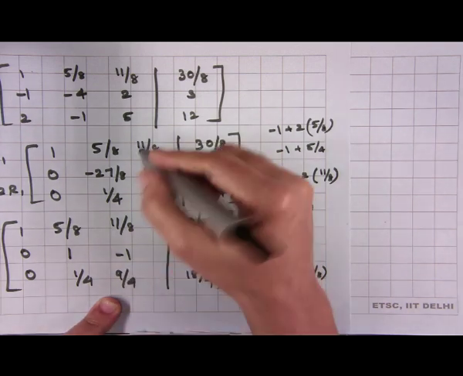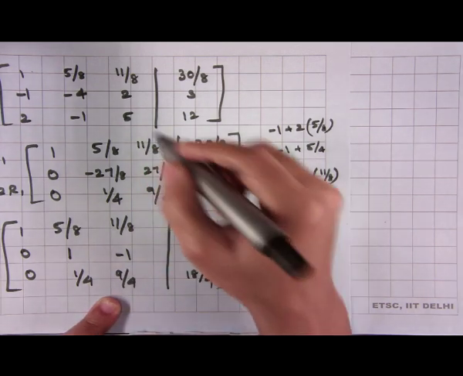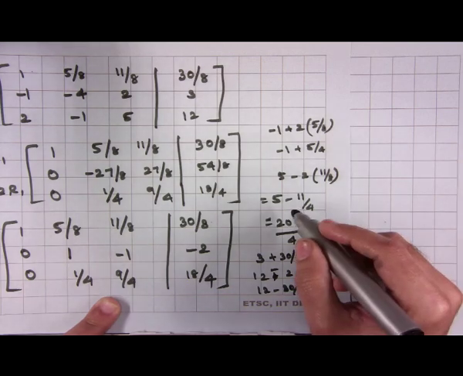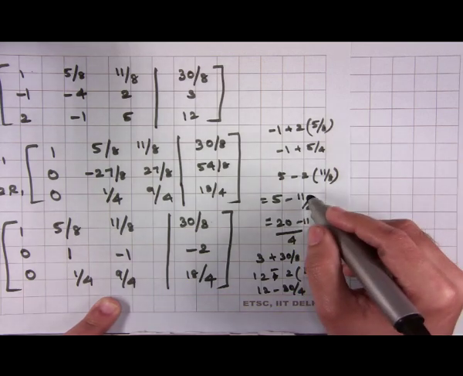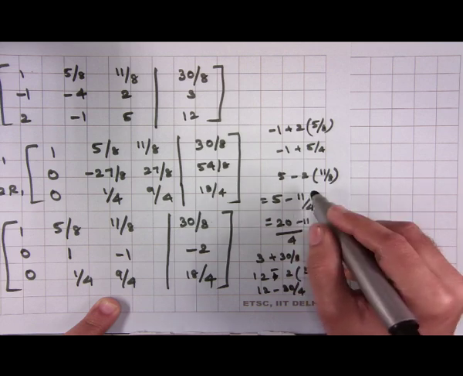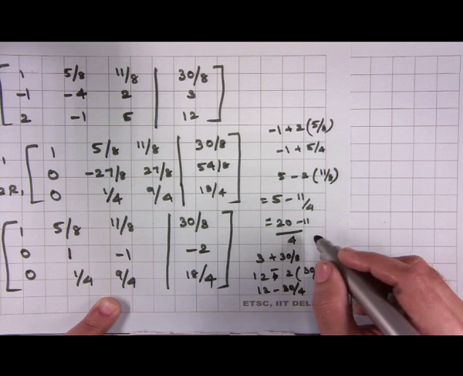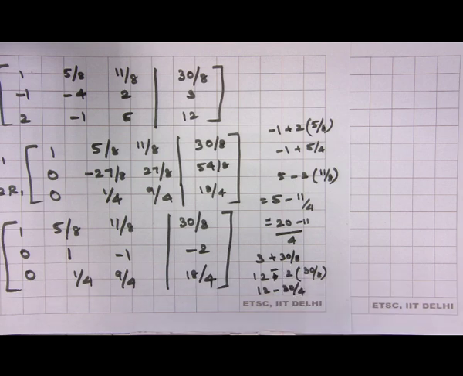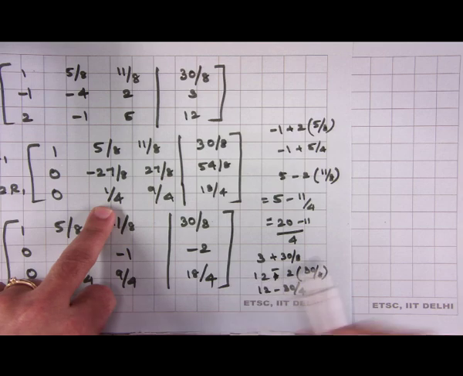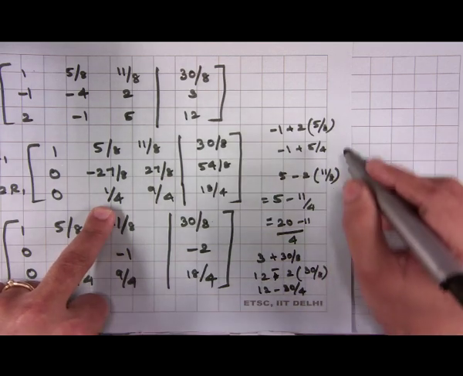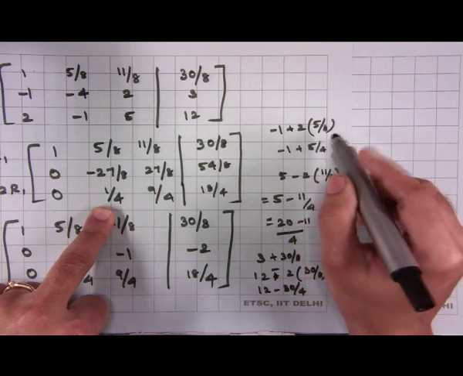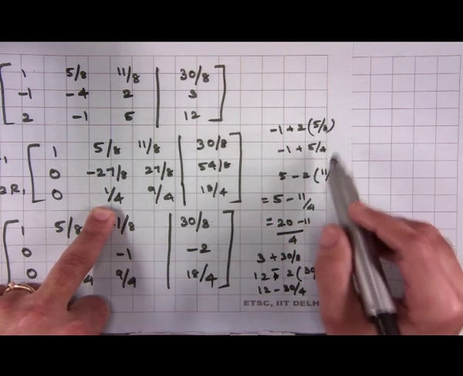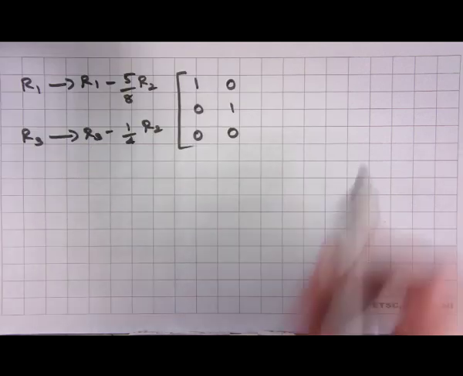So, you will have 11 by 4, 5 minus 11 by 4, so 20 minus 9, sorry 9 by 4. This term R3 is just minus 1 plus 2 into 5 by 4 minus 1. Fine, okay. Let's have it